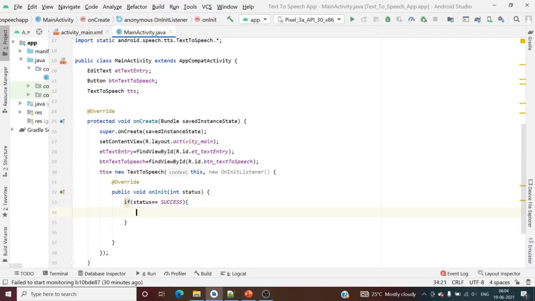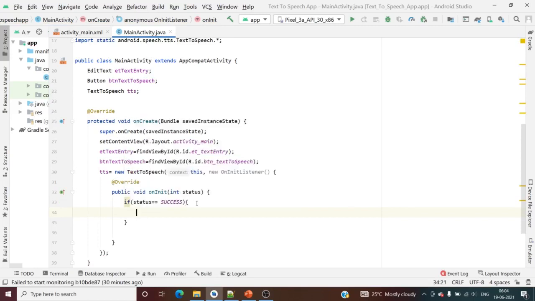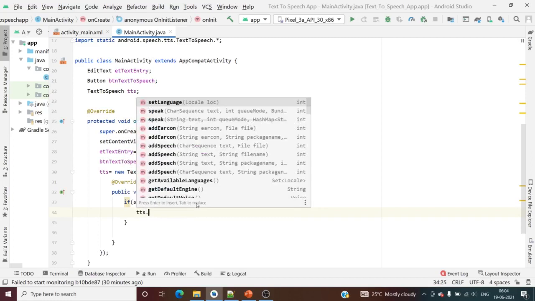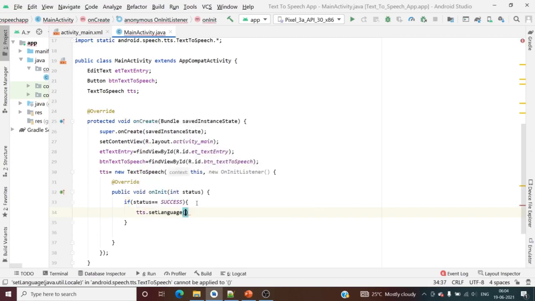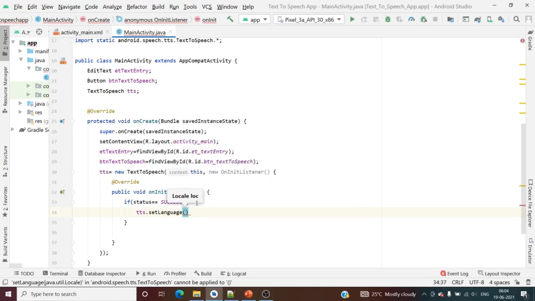Then I will set the language for whatever TTS initialization I have done, set language. I hope you understood this code. If the status is success, then only I will set the language. There are different other languages; I will set it to UK English.